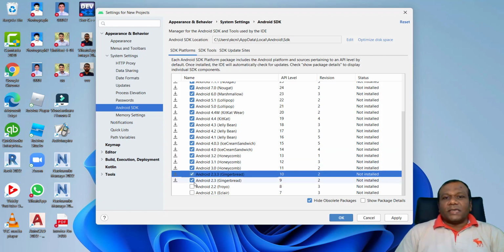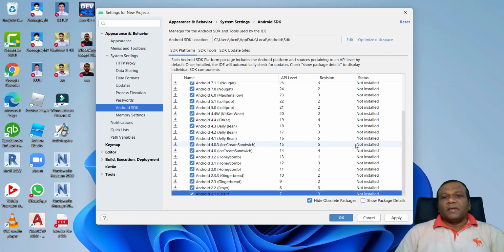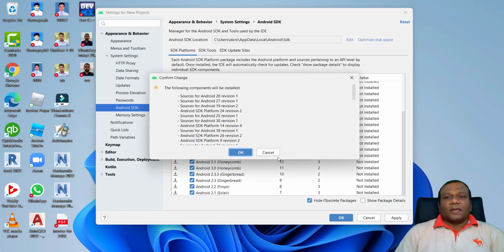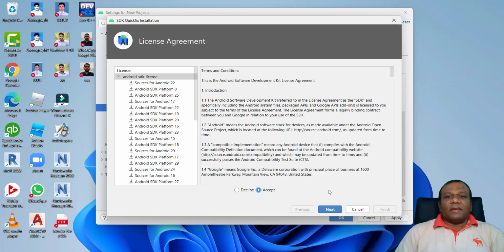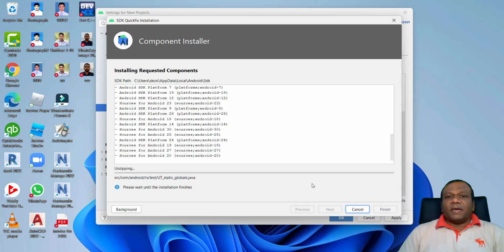So you can do all the testing whenever you need. In my case, I will tick everything, right? And click apply, so all the API versions of the SDK will be installed. This is also very important, right? If you don't like to select all the APIs, select the